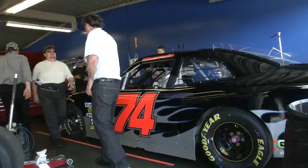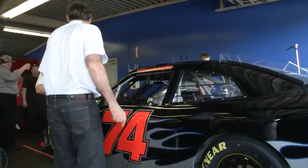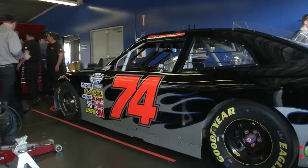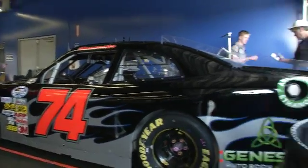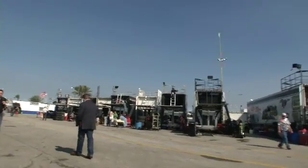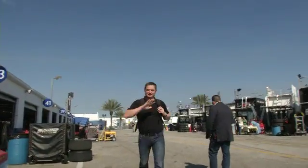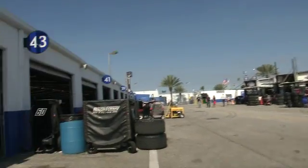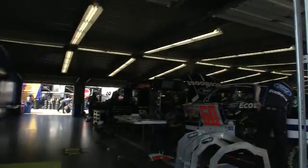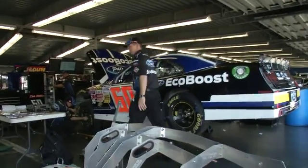The Harmonator, Mike Harmon. You see Mike Harmon right there, walking by his car on the cell phone. Mike Harmon. And there's Robbie Benton. Hi, Robbie Benton. Car owner going over to check on his team. Man, we still got a lot of real estate to cover, but we got our walking shoes going here